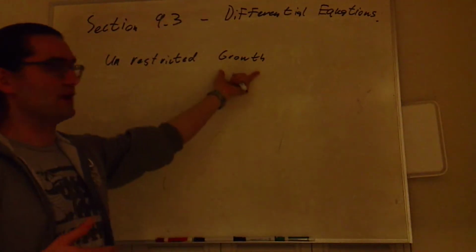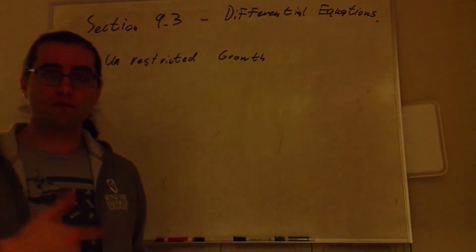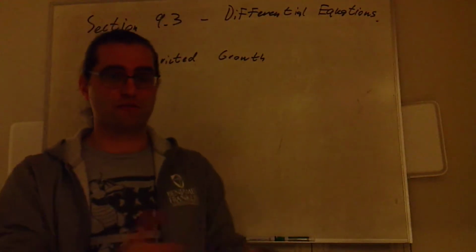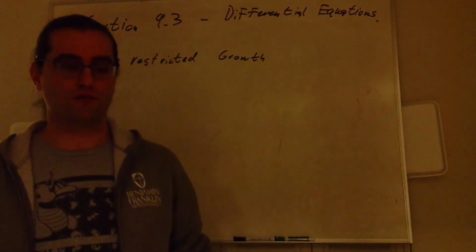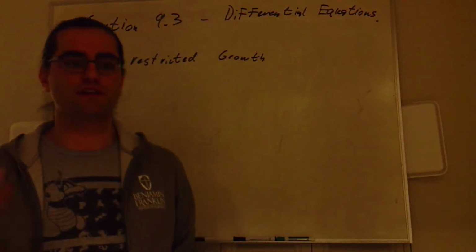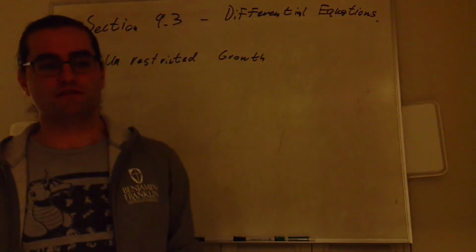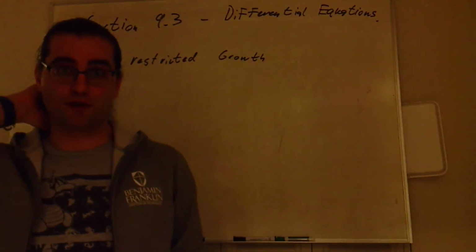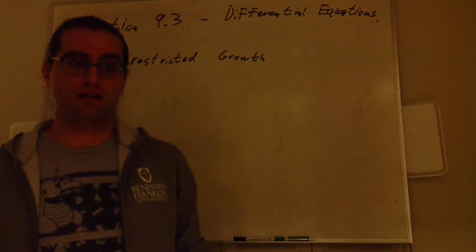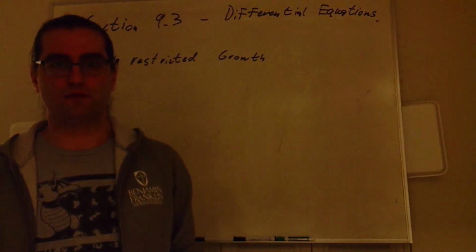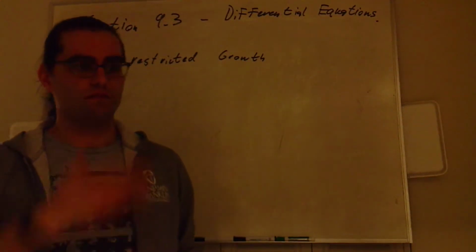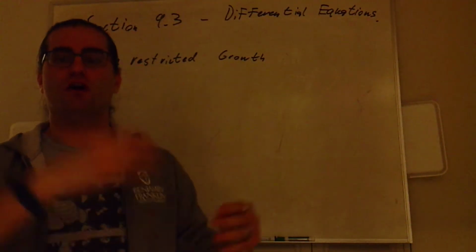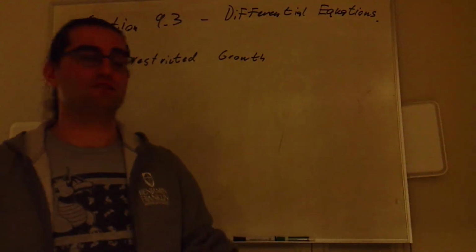Bacteria grow when they reproduce, and the number of bacteria that reproduce is some fraction of the number of bacteria you have. Certain bacteria reproduce very fast. You might have some where each bacterium will reproduce once every 3 or 4 days. You might have bacteria that reproduce once every week, but some fraction of the bacteria you have are always reproducing,